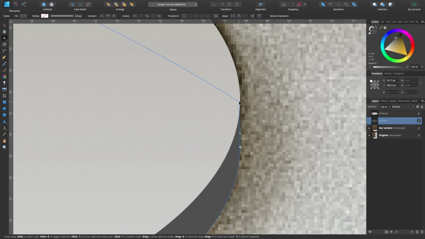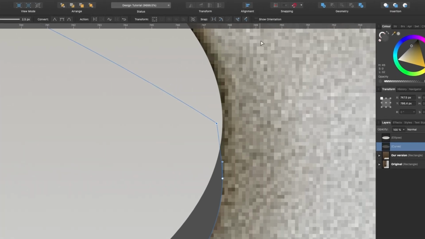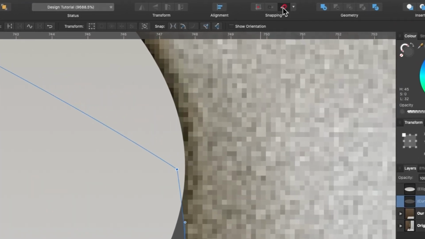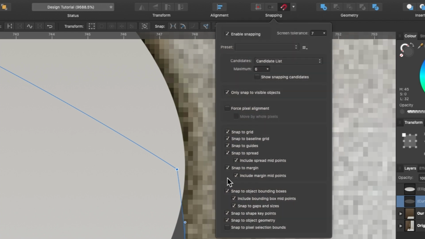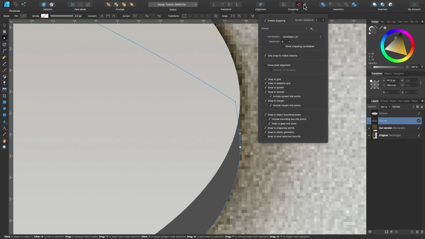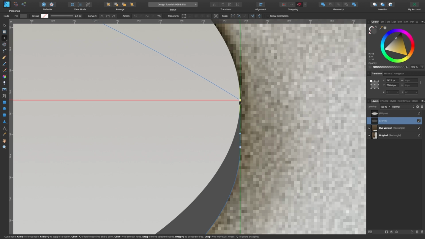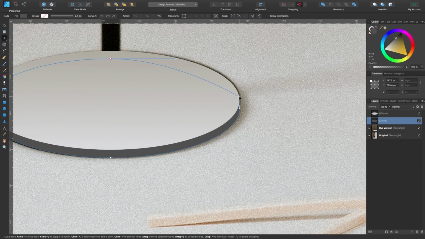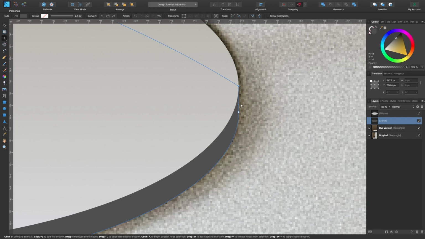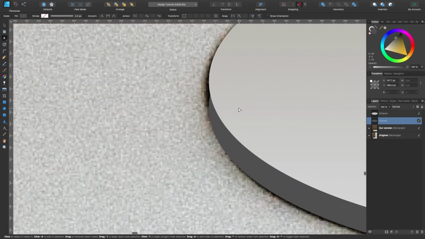So this is where snapping would be useful, okay? Head on up to snapping, click on that, and I'll just show you which ones are selected for me. And now if you grab the node and go across, you see it kind of snaps to points. So I want to choose the center of this circle. I'll just zoom out to show you that. So I'm clicking and dragging, and there we go. The red line is the horizontal line, which means we're in the center. I'm just going to click on that bit. Okay, that bit's done. Let's do the same for the next side.